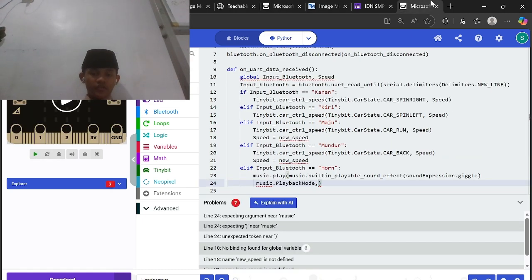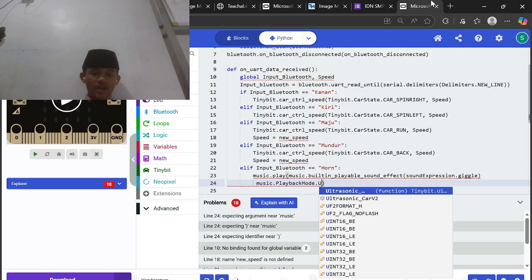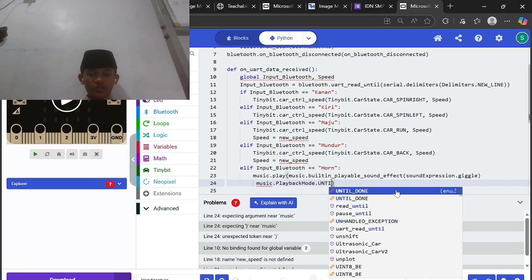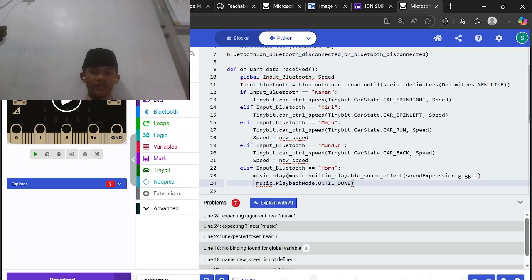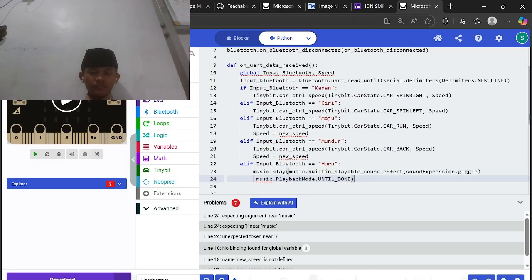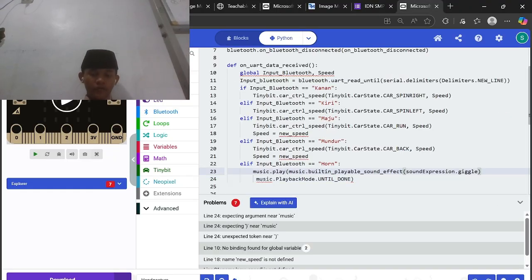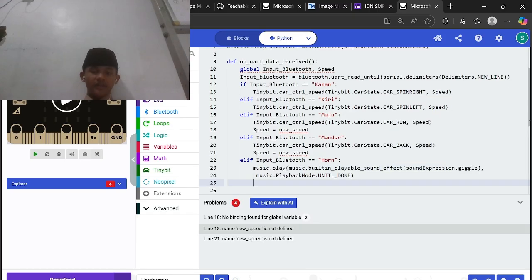It means the music will always be there until the tiny bit, until we stop using the horn. Okay, wait. We add this. Yeah, like this.